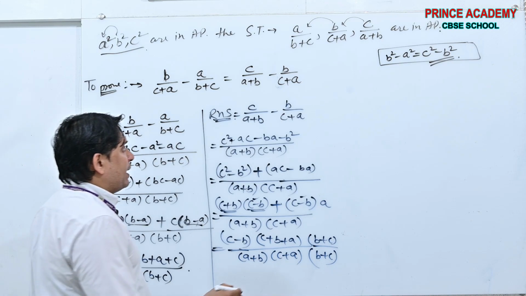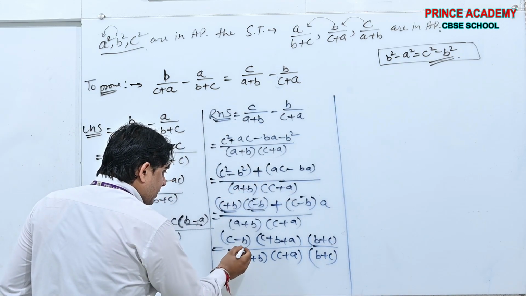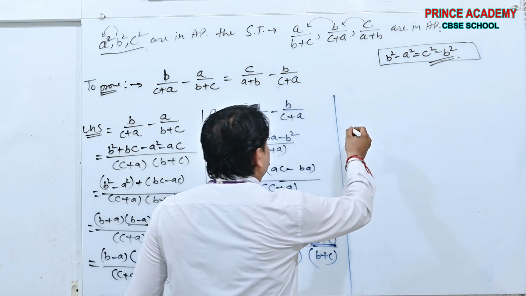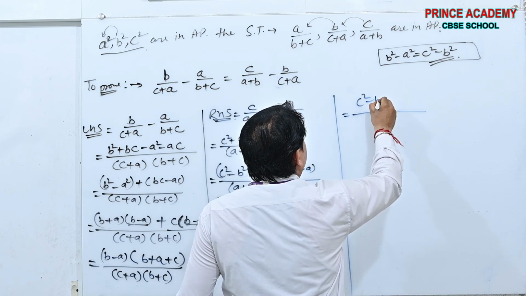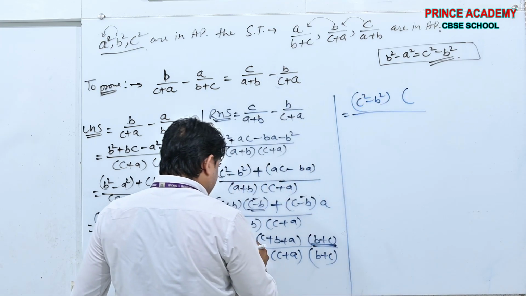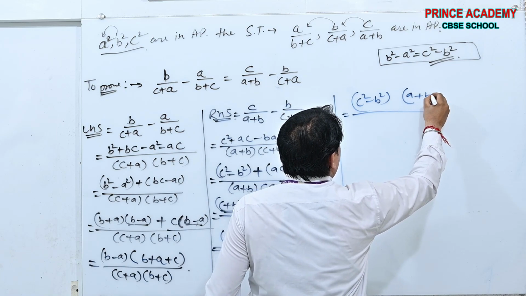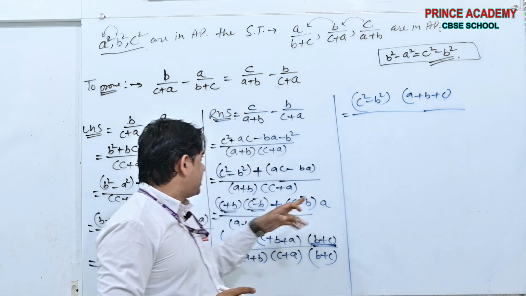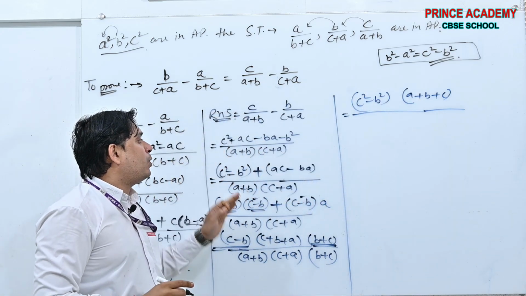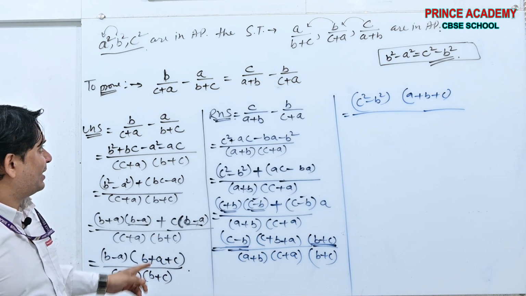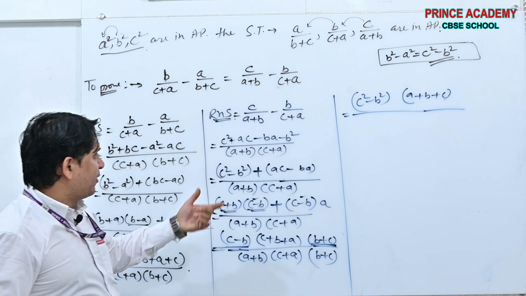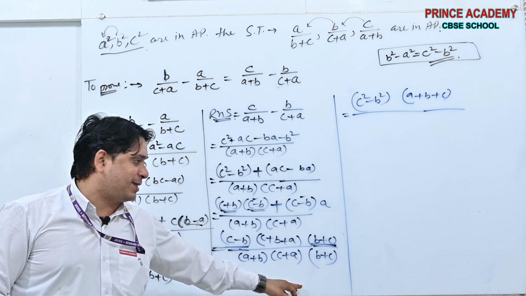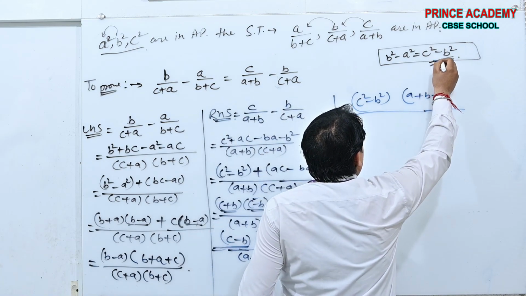Why did I do so? See, beta, (C plus B)(C minus B) can be written as C square minus B square, and this is A plus B plus C. Okay. If I use the value here, C square minus B square, it was a little bit typical to make the same thing. That's why I firstly solved it, then applied the special step, (B plus C)(B minus C), to achieve this again.